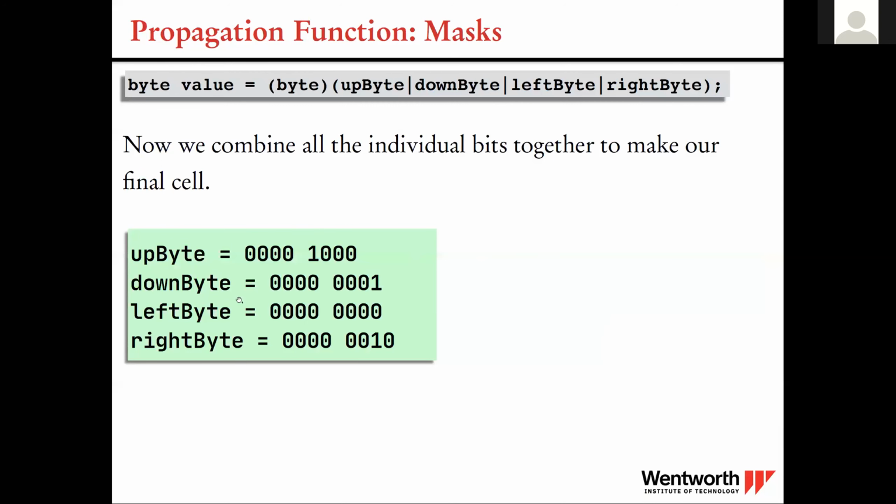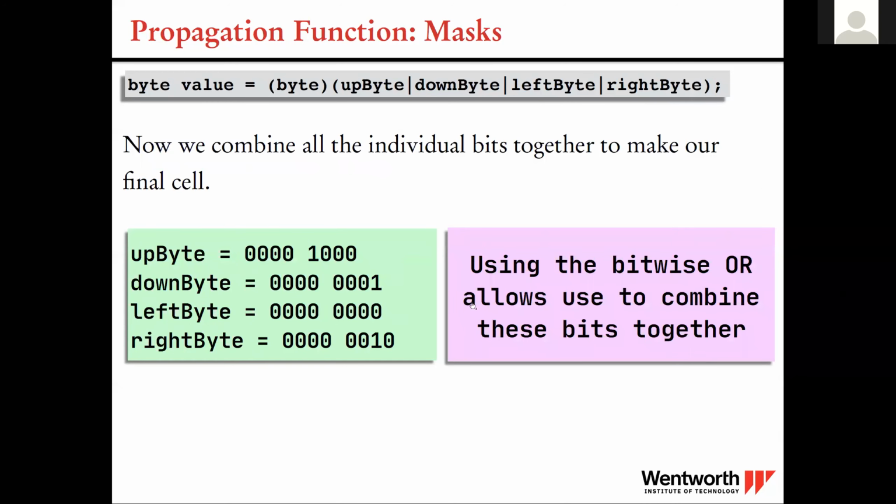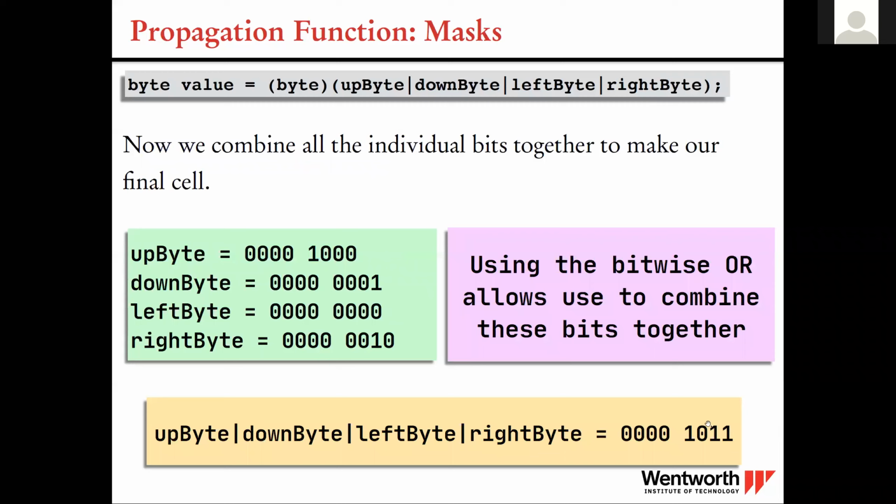So let's say we end up with this situation. We have the up byte is an A, the down byte is a D, the right byte here is active, and the left byte is just all zeros. Using the bitwise OR will let us combine everything together. So if we have these bits here, anywhere where there is a 1, we get a 1 in the combination. And this becomes our new